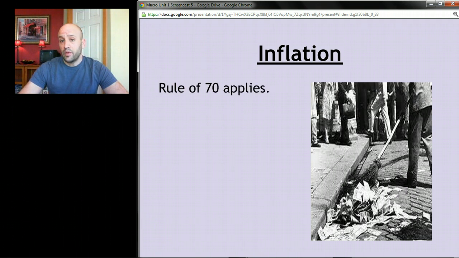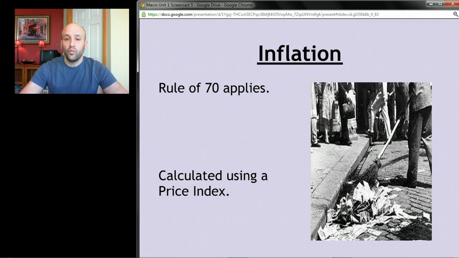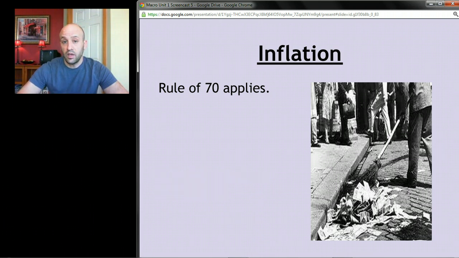Now, when we measure inflation, that rule of 70 that you learned about still applies. We can figure out how long it's going to take prices to double by using that rule of 70. So for example, if I tell you that prices are rising by 5% a year, that inflation is happening at 5% a year, if we took the number 70 and divided it by 5, that would give us, oh god,